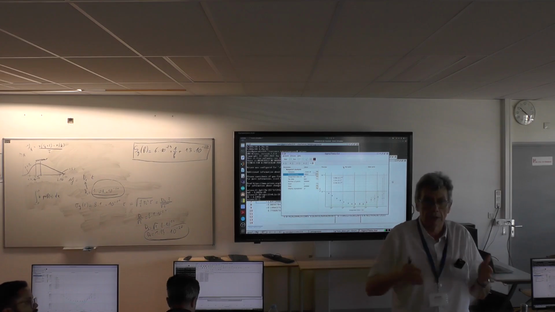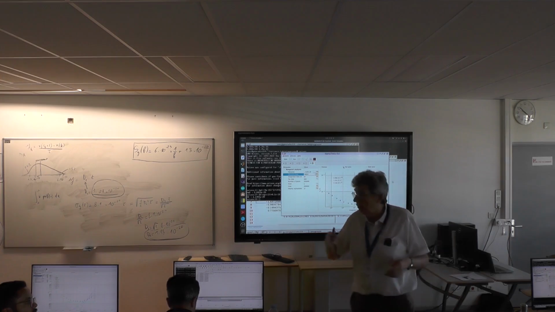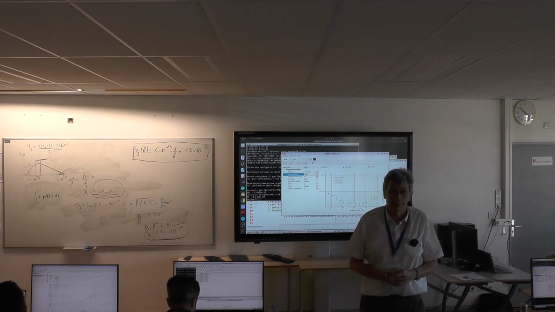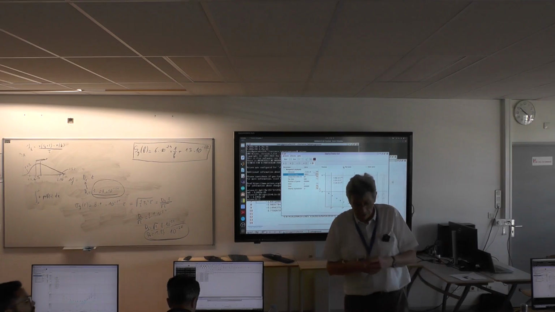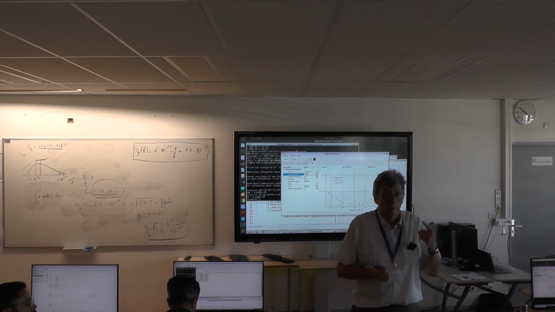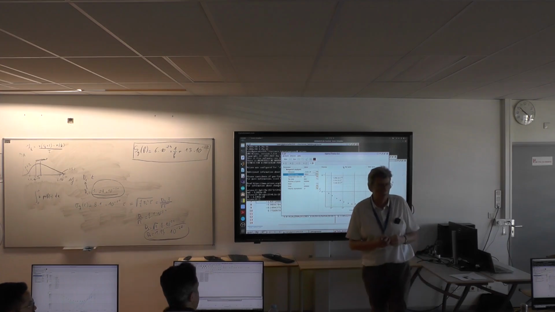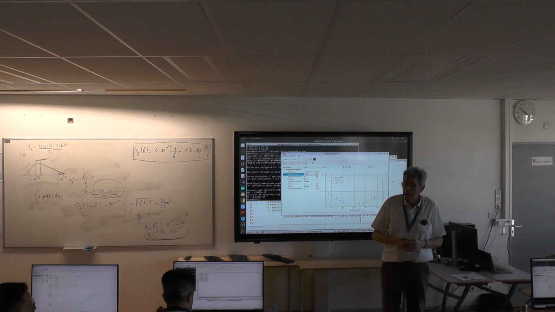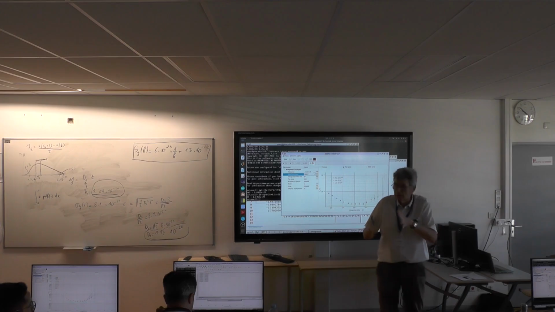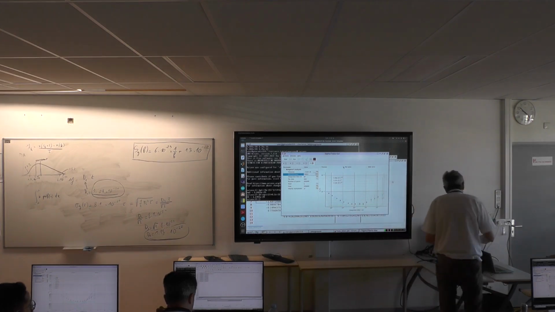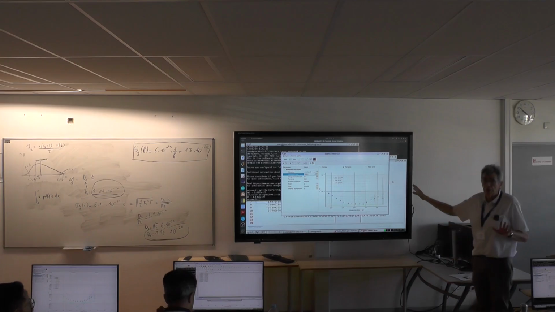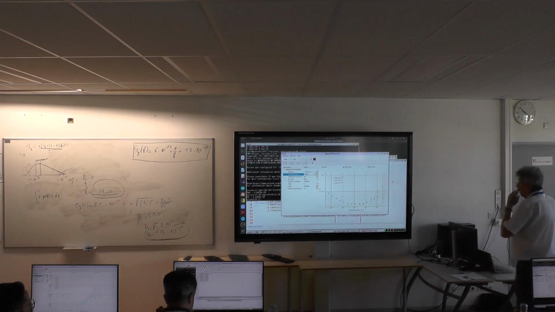So we know perfectly the statistical behavior of the estimates of the Allan variance. But we have to know the number of degrees of freedom. There is some algorithm to do that, but I will not go further into the detail. If you are interested, I can give you some clues, but I don't think it's necessary today to go so far. Okay, it's clear for you. So we will go back now to another panel,